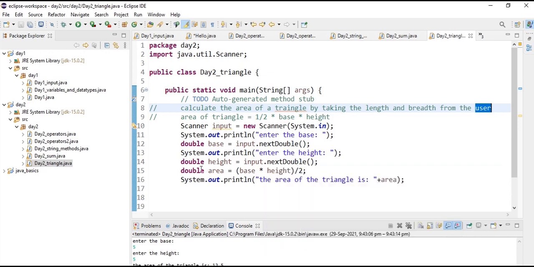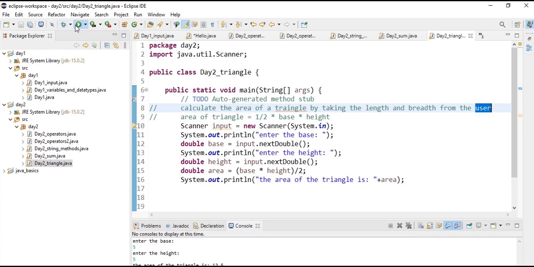Now here we declared a variable area of double data type and assigned it the formula of area of triangle, which is half into base into height, that is base into height divided by 2. And we are printing out to the screen the area of the triangle is area.